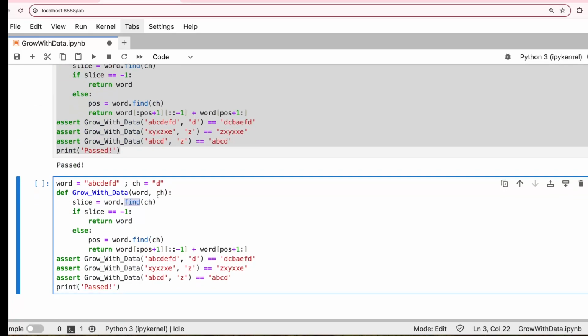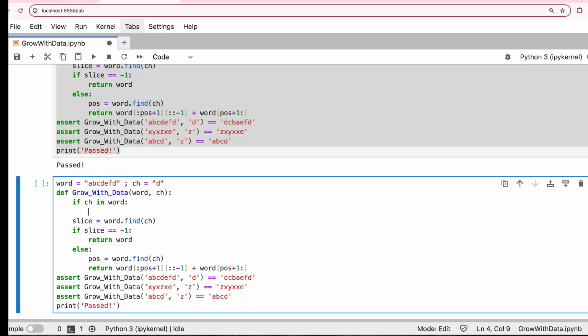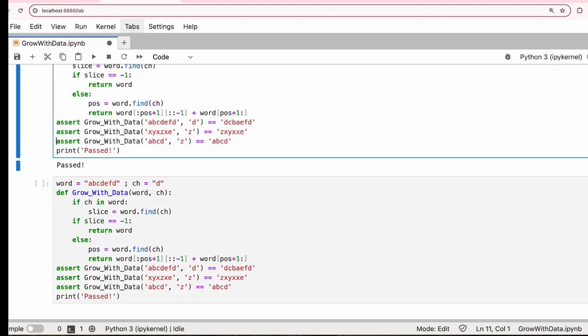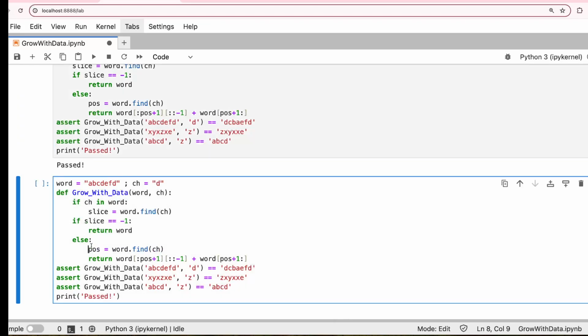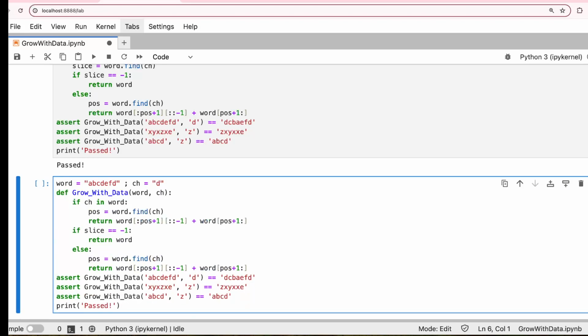So I'll just say if the index will return a value error if the character is not in the string, right? So I'm going to put a condition. If the character is in the string, then you just find the position part. Where is the position I did? I had the position here, right? So I get the position part, bring it here. Let me get both. Okay, I don't need this. So I get where the position is,